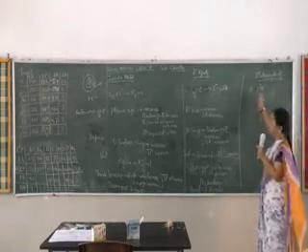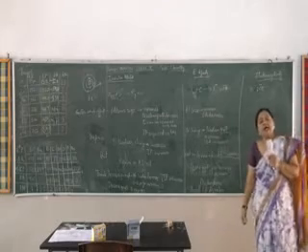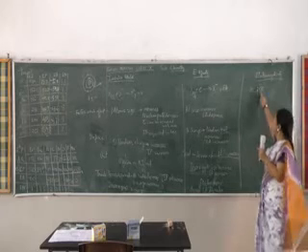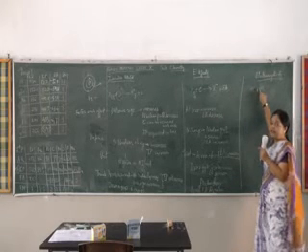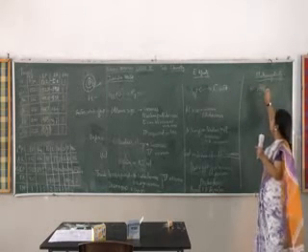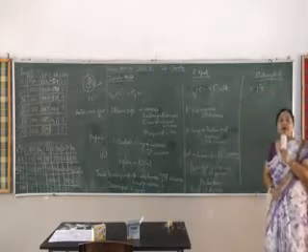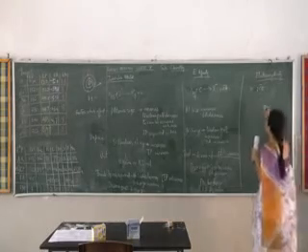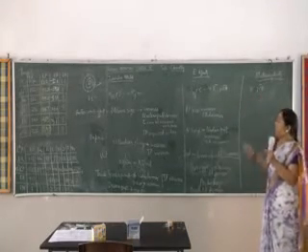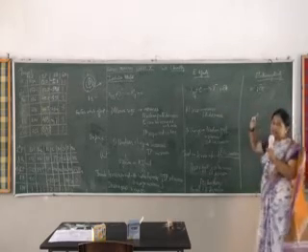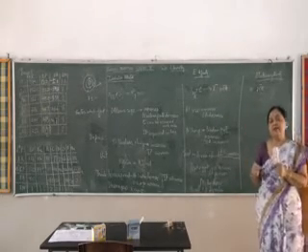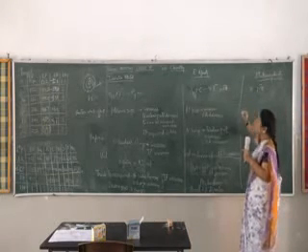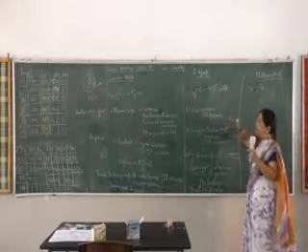So if we define electronegativity, what do we say? It is the tendency of an atom in a molecule. HCl is the molecule and Cl is the atom. So it is the tendency of the atom in the molecule to draw a shared pair of electrons towards itself. That is called electronegativity. Electronegativity is a dimensionless property and various scales are there for measuring it. We will see what factors affect electronegativity.